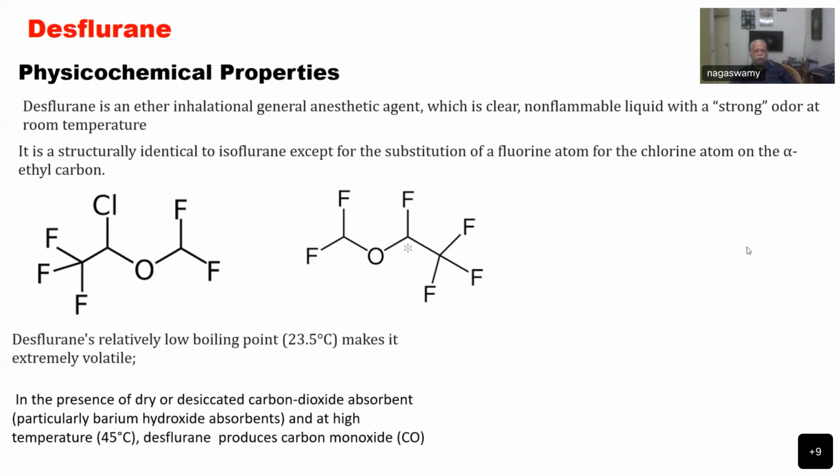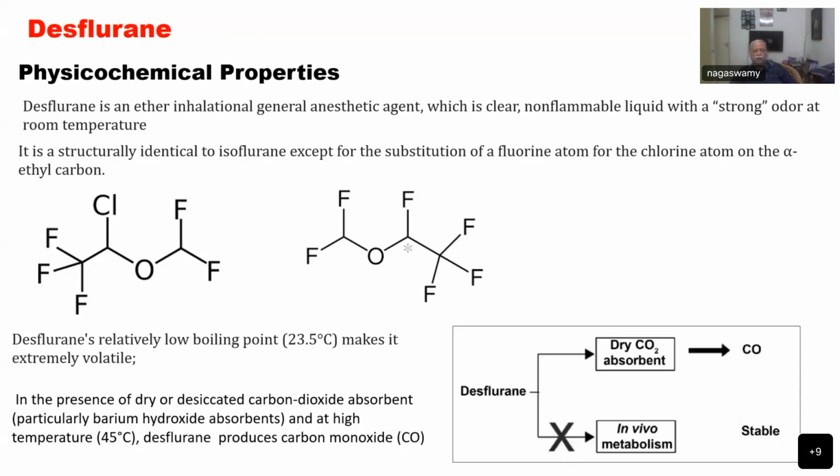So the two basic requirements are that the soda lime should be very dry, without moisture, and if it is barium hydroxide lime instead of soda lime, it is more reactive. And the temperature should be at least 45 degrees centigrade. If these two conditions are met, then there is a possibility that desflurane can become carbon monoxide,